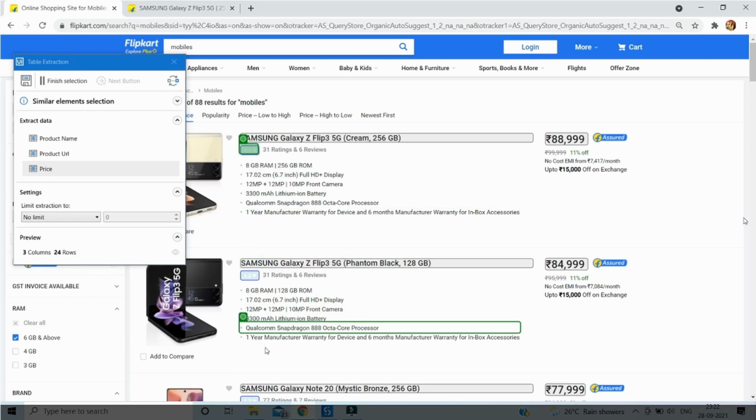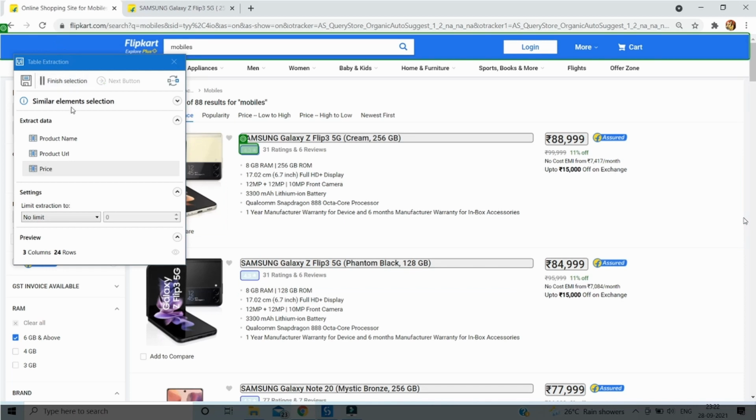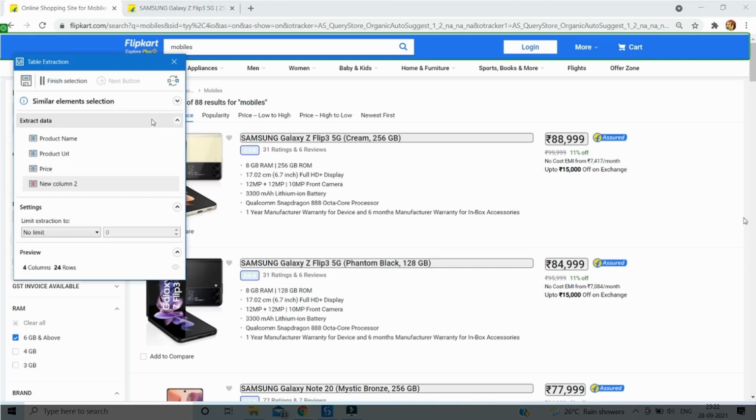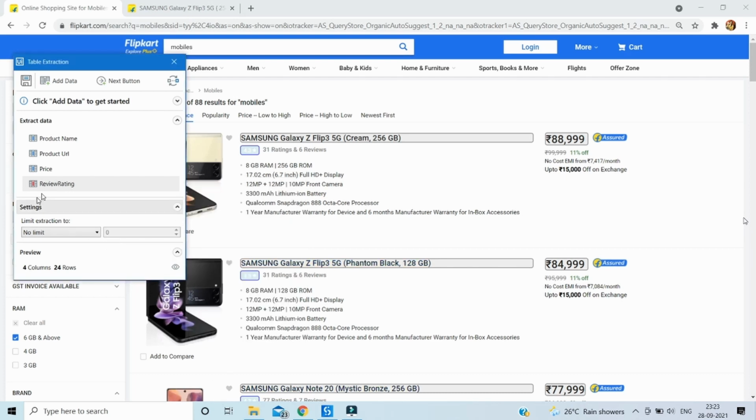And we see that all the corresponding reviews have been highlighted in blue. So that's perfect. Now click on finish selection and here we'll rename it as review rating. Let's click on save. Now we have got in the preview that we are extracting 4 columns and